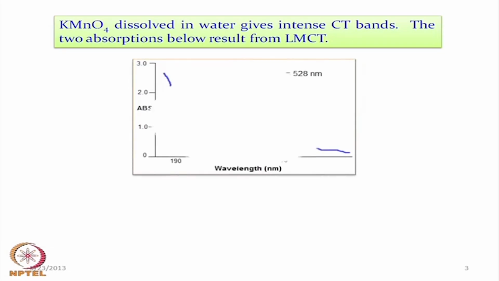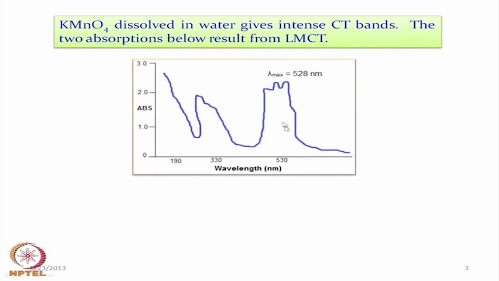It results in a transition like this. One particular structured band is around 528 nanometer in the spectrum, which is due to the pink coloration of this,